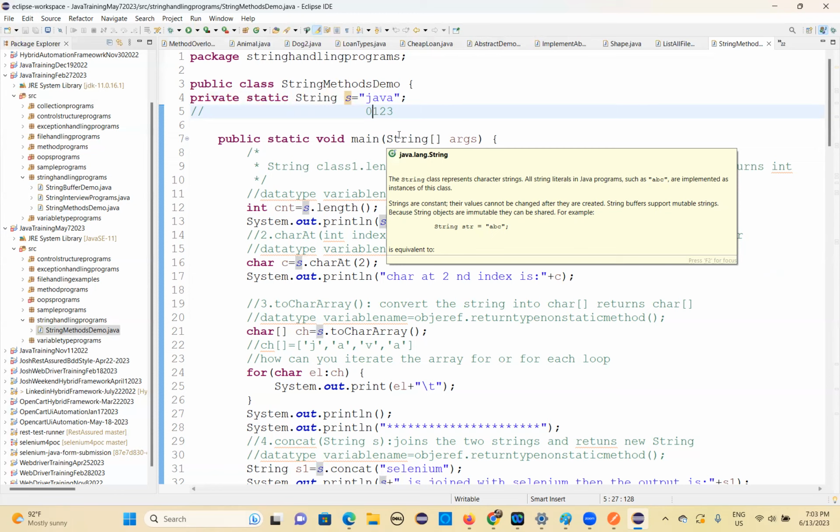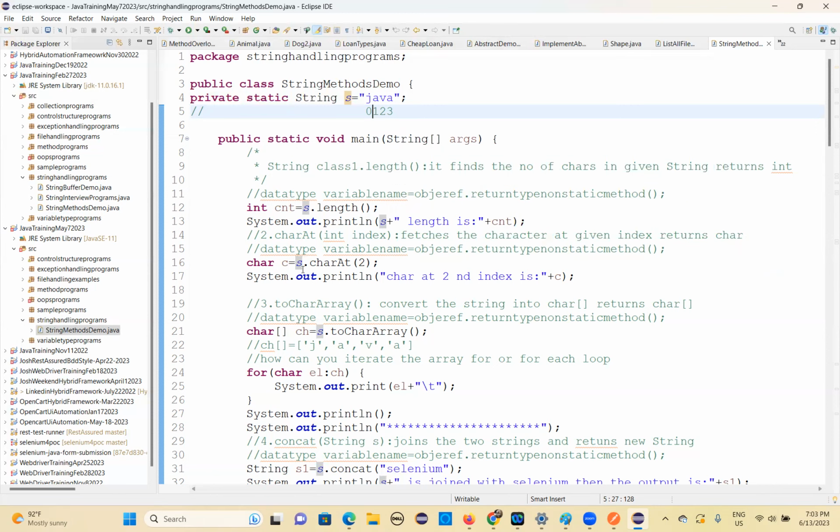Okay, so now can you see here? This also returns, the charAt method returns the character at the given index. So whatever index number you give, on that index, what character is there? That will be returned to you by the charAt method. And again, I told you, return type method, right? A return means it returns a